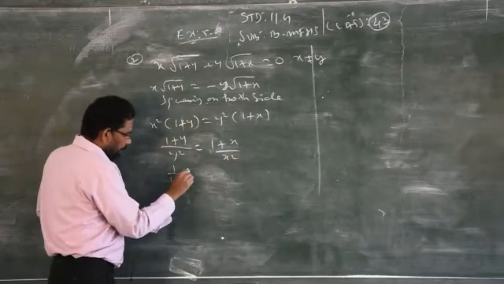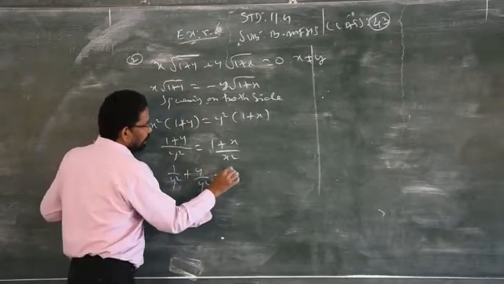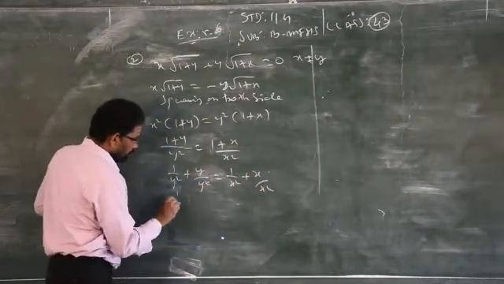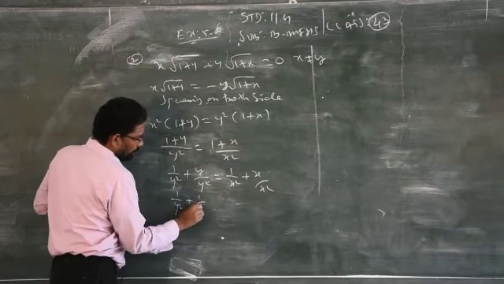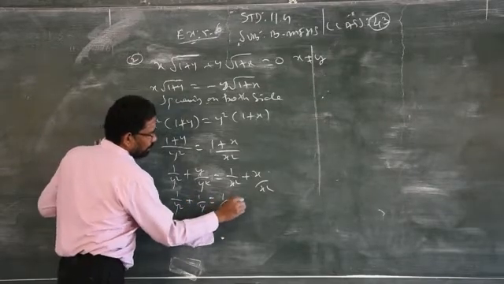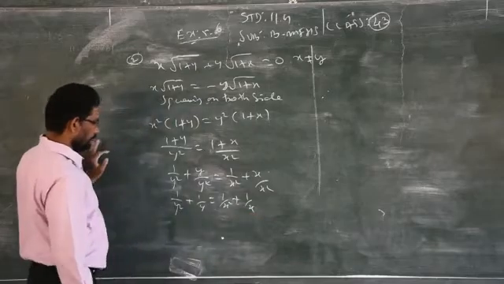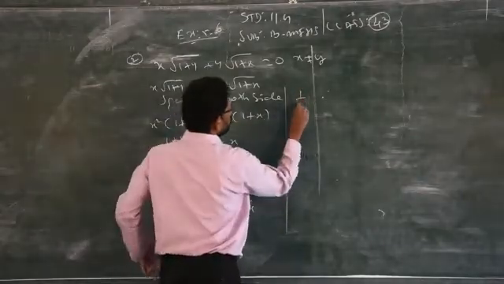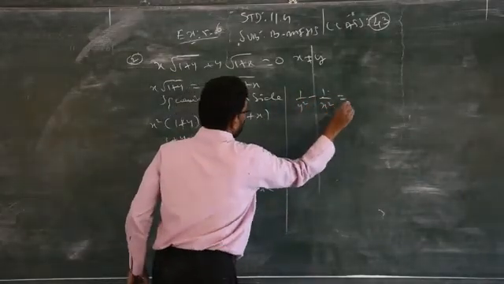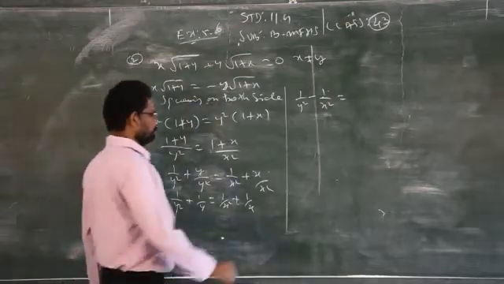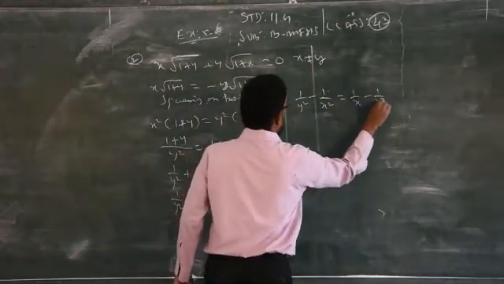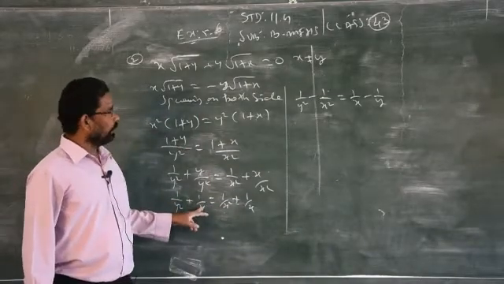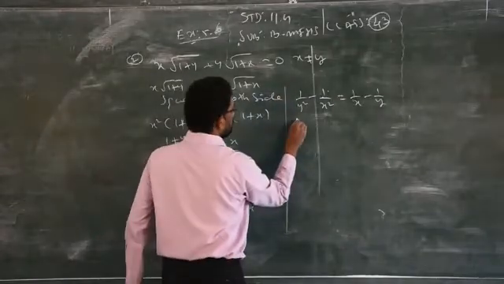Then I can separate the numerator with the help of the denominator like this. Things cancel, giving 1 by y square plus 1 by y is equal to 1 by x square plus 1 by x. Clear? So just apply the cross multiplication of these two. Group the square terms on one side and the other terms on the right hand side. Just transfer 1 plus 1 by x square to the left side and 1 by y to the right hand side. Just apply the cross multiplications.